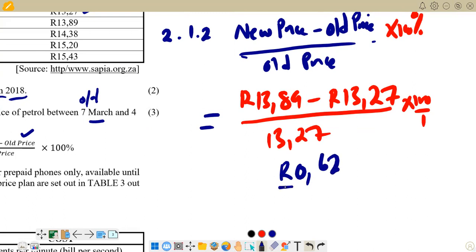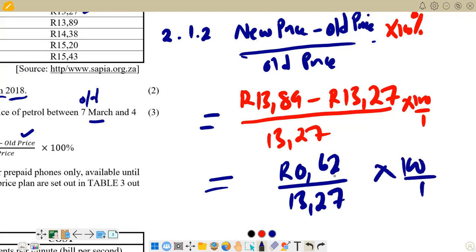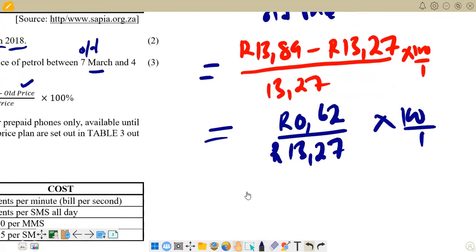0.62 over, remember here, 13.27. Then you multiply by 100. So you can just use your calculator, you find these figures, 0.62 divided by 13.27, then you multiply by 100 over 1. So let's try to calculate that one. If you do that correctly, you are going to get